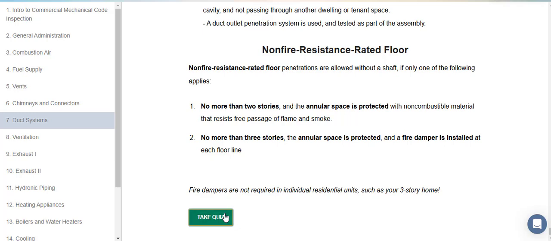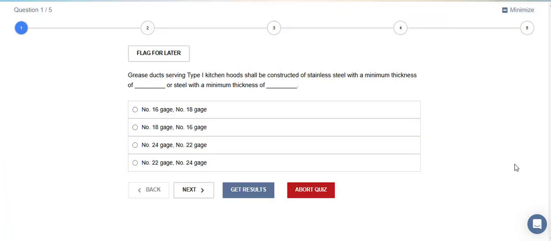We will take the quiz, and here we have 5 questions. If we have any question we don't know, it's okay, we can revise the correct answer together. Grease duct serving a Type 1 kitchen hood shall be constructed of stainless steel with a minimum thickness of,